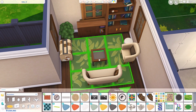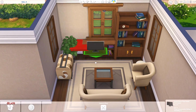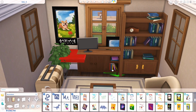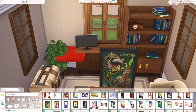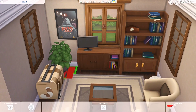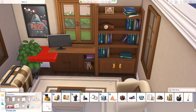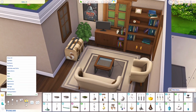I don't have a pet. I don't have a kid. There's no one else living in this apartment other than me, so I could just do what I wanted. But this family has a kid. They also have a cat, so maybe they also need room for the grandparents to come over and visit them, since they have a kid. So they just kind of had to get what they could